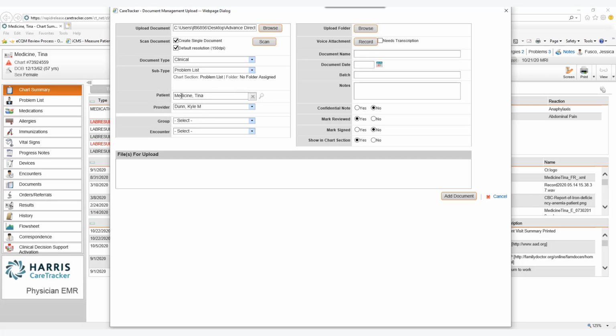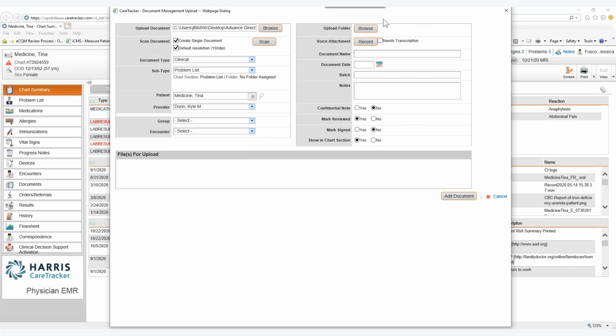You see that my patient's name is automatically here for me because I'm inside of the patient's chart. My provider, this is the provider that's in my batch, so I don't have to select them each time from that drop-down as long as my batch has been set up for the clinical side. If this isn't the provider, maybe I'm covering for another provider, I can always select who that is from my drop-down here as well. If this belongs to a particular group, I can select that group here. I can also link it to a particular encounter. Does this go to a particular data service, a particular encounter? I can select that from here